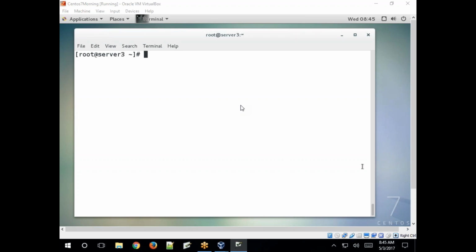So the locate command is there. To search for a file, for example, locate and then any file name, for example httpd.conf. If you specify that, there is no information about httpd.conf.